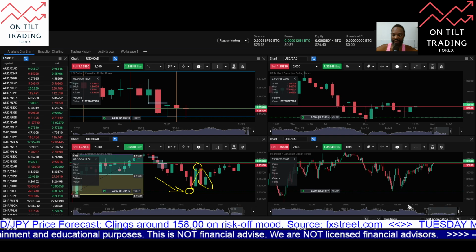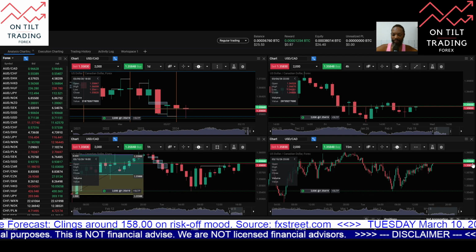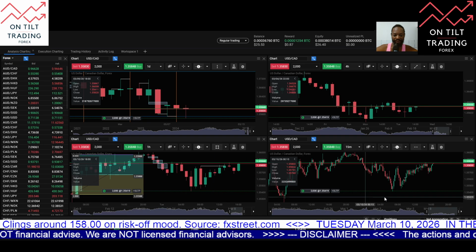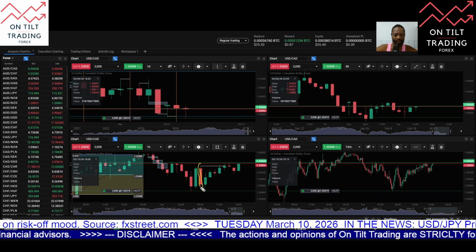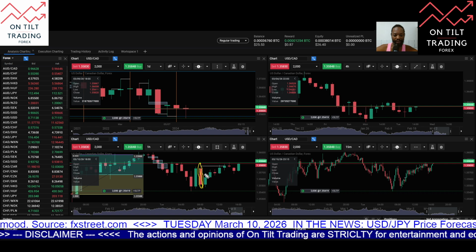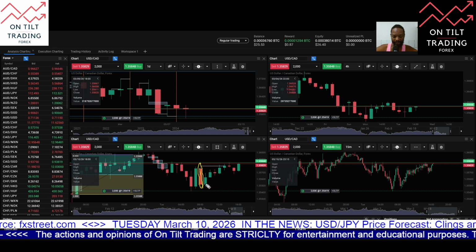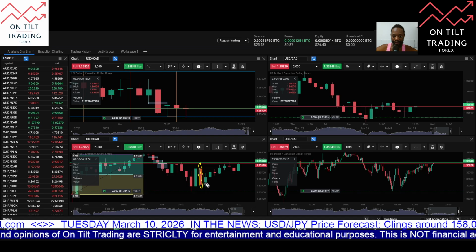So to me this is out of position or offsides here, unless you would call this the order block, which it is part of the order block series and can be used as an order block,